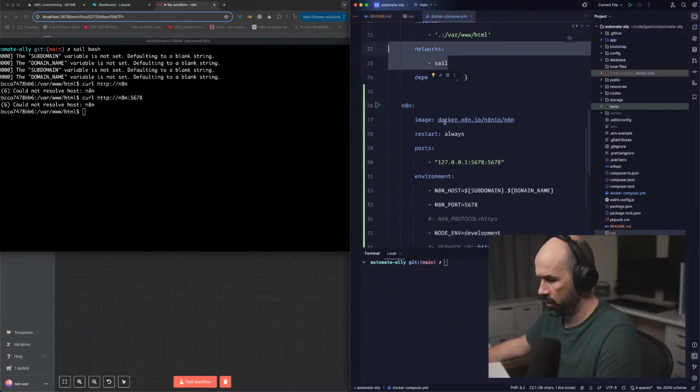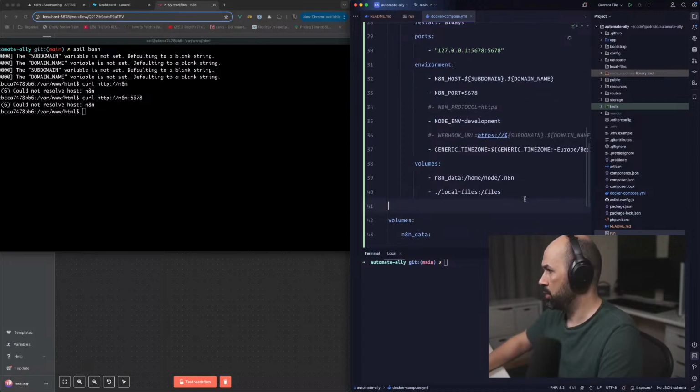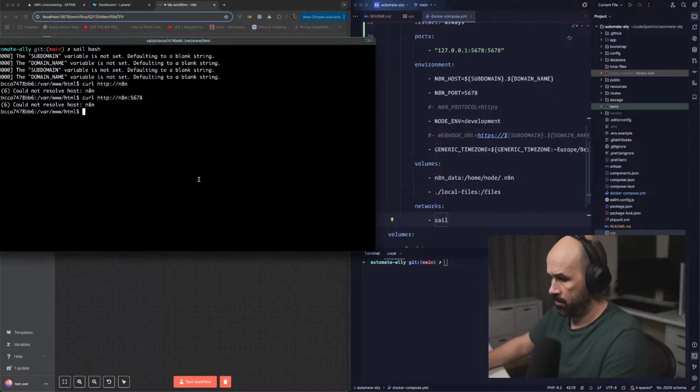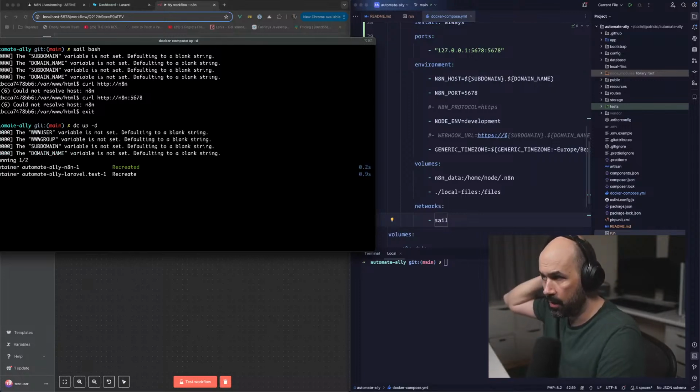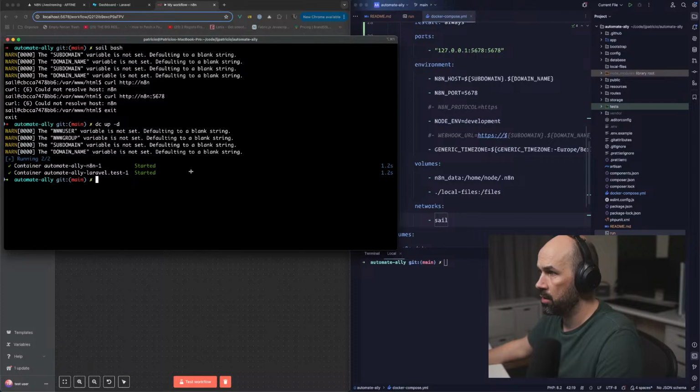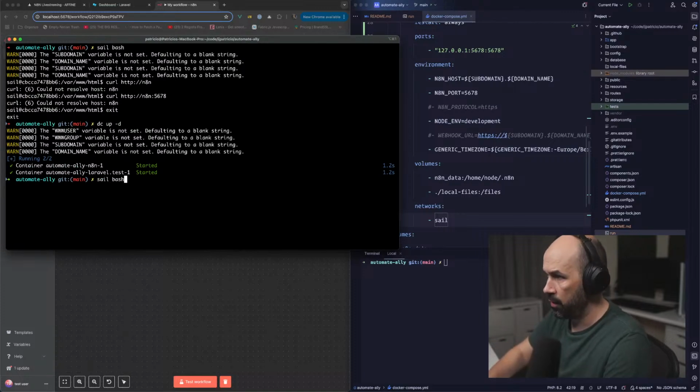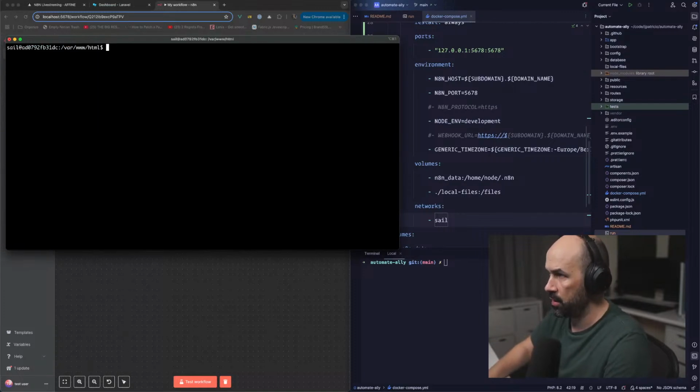I know, I forgot to add it to this network. So if I were to just bring up again, it's gonna attach the containers. So if I were to sail bash, and of course I lost it, http.